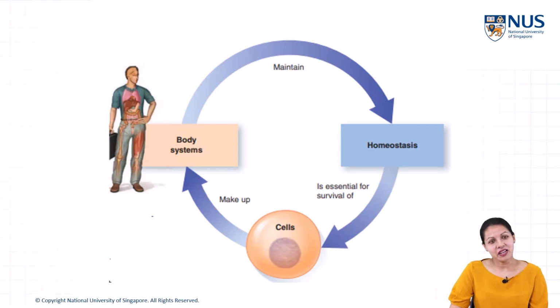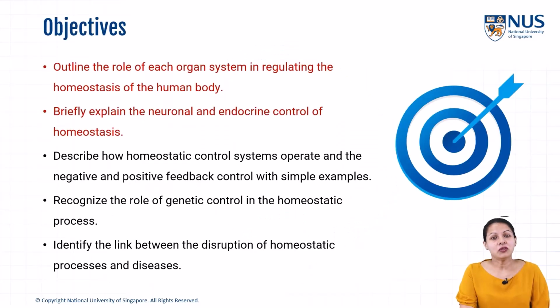So cells make up body systems. Body systems maintain homeostasis, and homeostasis is essential for the survival of cells. I'm sure you are aware that 60% of the human body is water. We will learn about the role of organ systems in our body in maintaining homeostasis, and also about the neuronal and endocrine control of homeostasis. Before that,